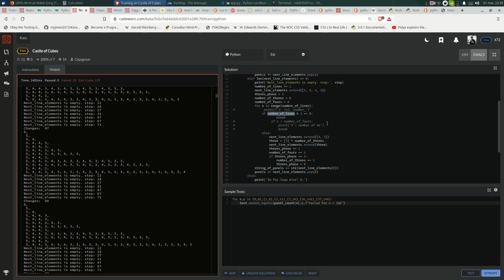You say if number of fours is greater than x. Now, if x is greater than number of fours, then we want to break. And I guess that will